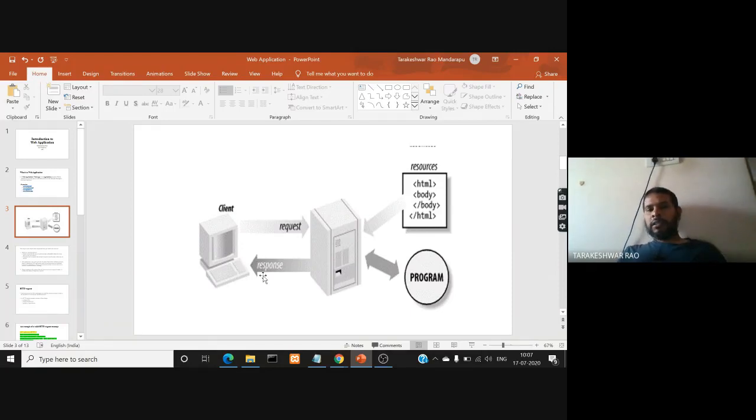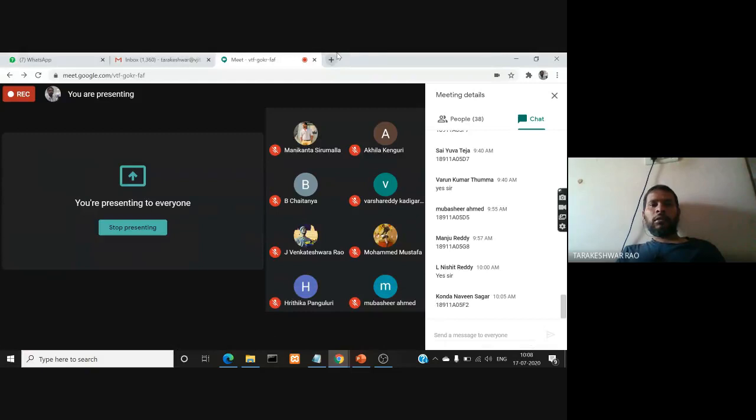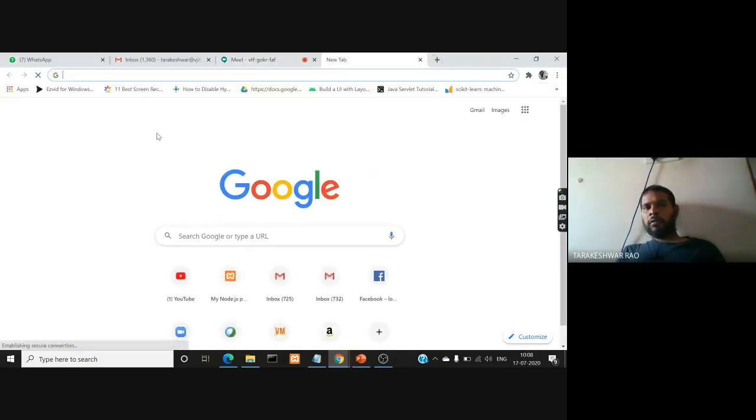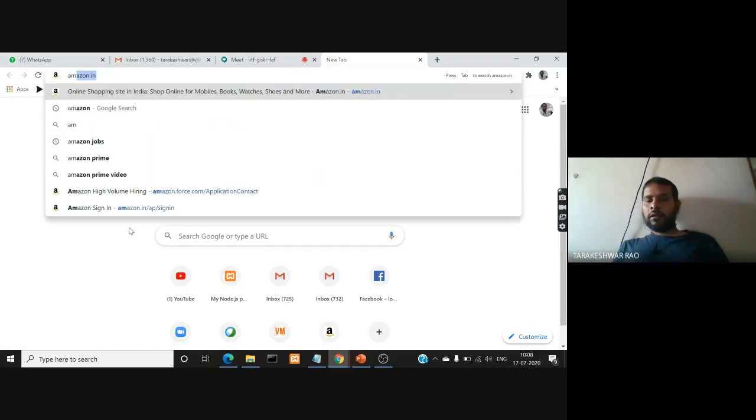So how this application runs: you'll open the browser window of your computer or your mobile phone, for example. Then in the browser address bar, you know what is an address bar. Let me show you. When you open a browser window like this, you are able to see where you're going to type. Say, for example, now I want to open the Amazon application.